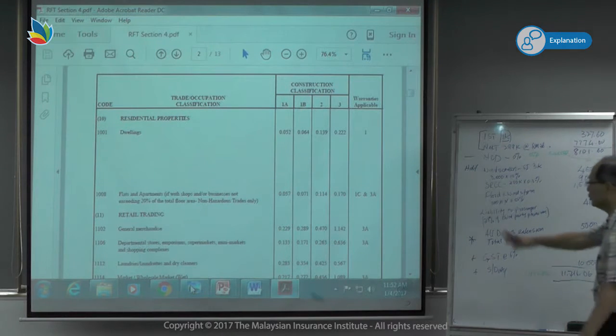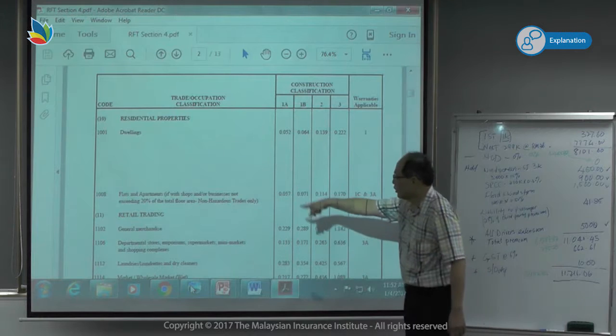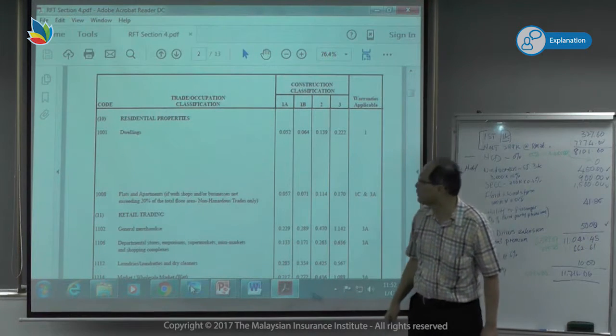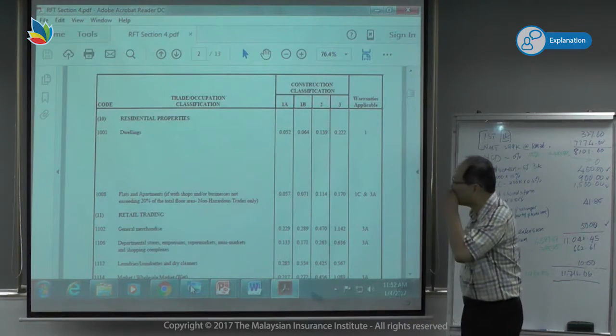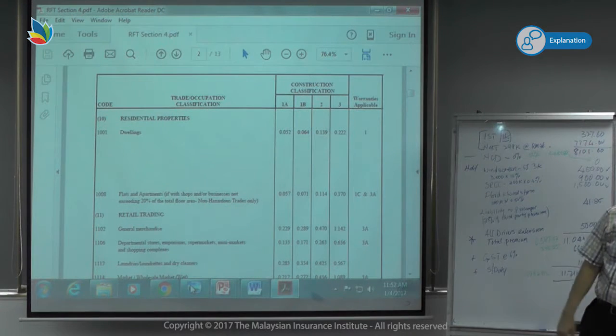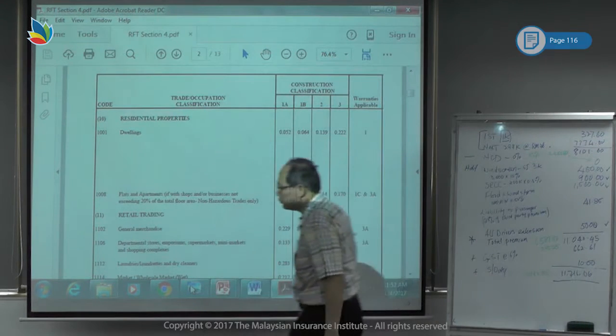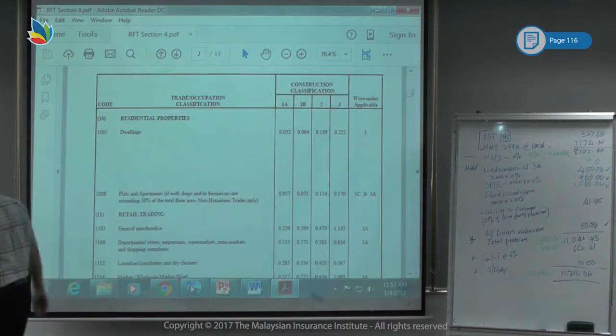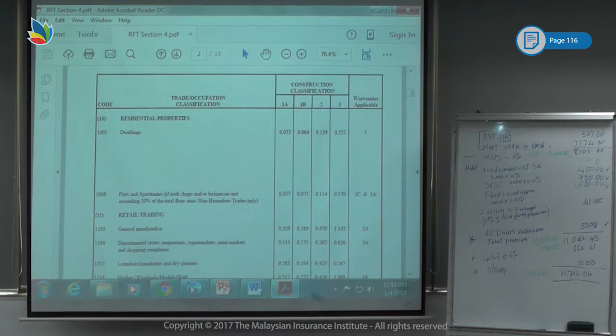Other than that, you just go to the trade or occupation classification. Then you go horizontally, then you will get the rate. Now, based on our book, page 116,